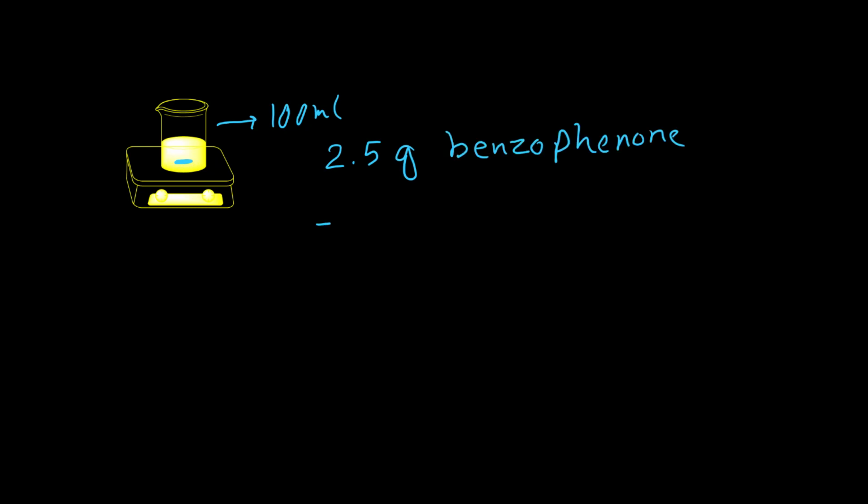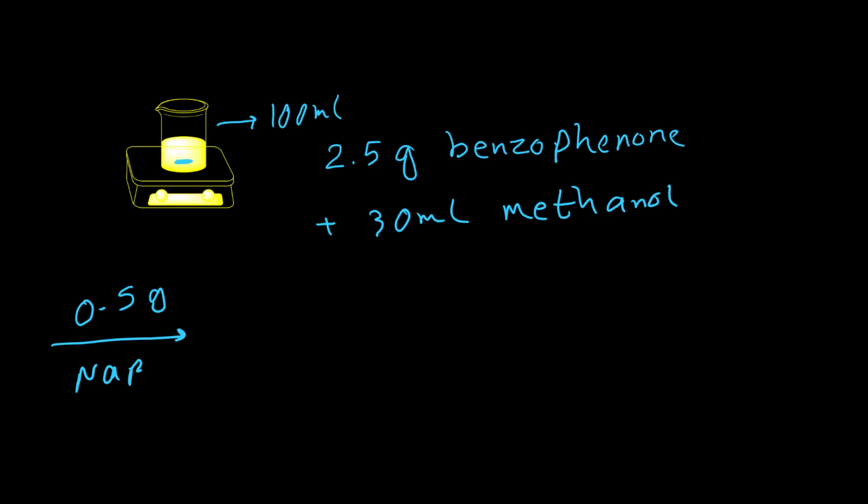We need to have a 100 milliliter beaker. Inside of this beaker, we should have a magnetic stir bar for stirring the mixture during the reaction. Then we are going to add 2.5 grams benzophenone and also 30 milliliters methanol as a solvent. Then we need to add 0.5 gram sodium borohydride to the mixture, and this mixture should be stirring during the